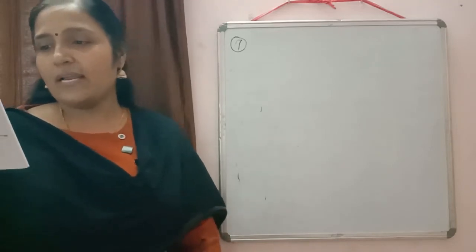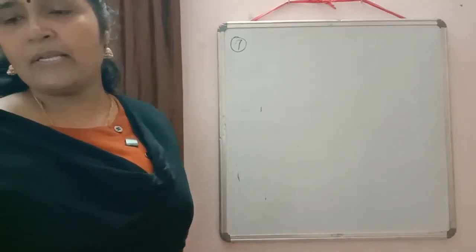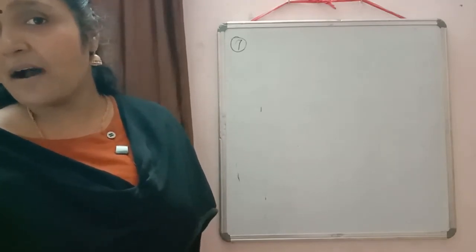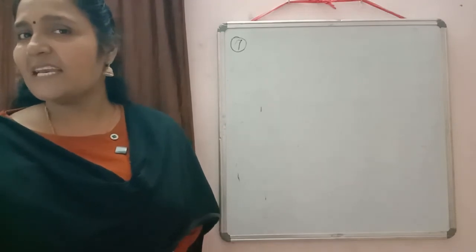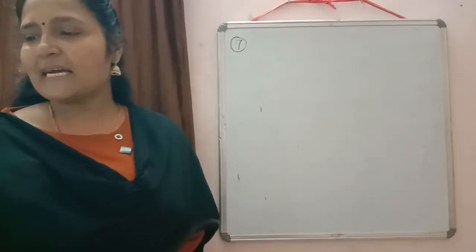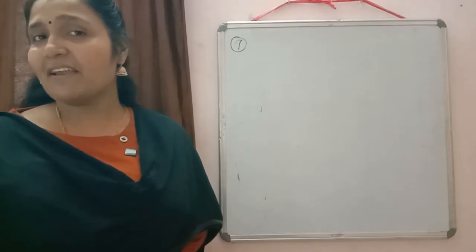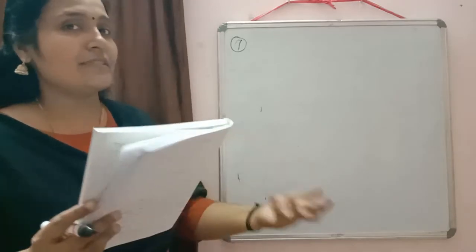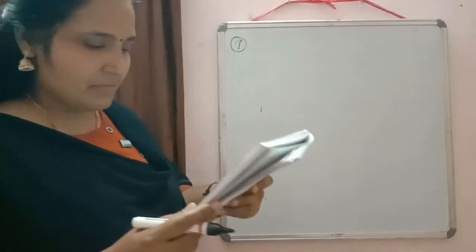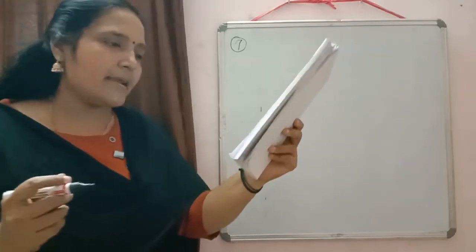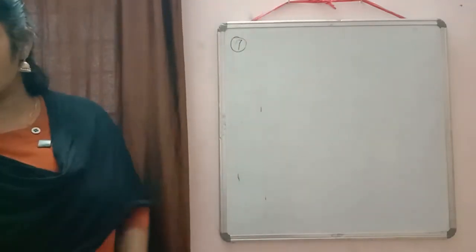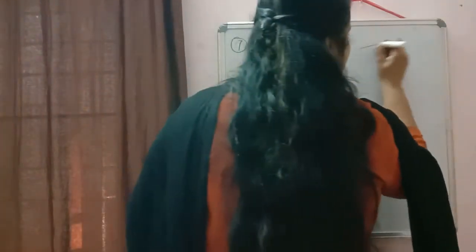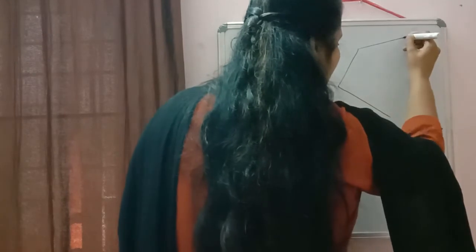Prove that the quadrilateral formed by joining the midpoints of consecutive sides of a quadrilateral is a parallelogram. We did this question in 9th class. By which concept did we do this one? Midpoint is given, so we used the midpoint theorem. But here we have to use the concept of BPT. Now we will check. I am drawing a quadrilateral ABCD.